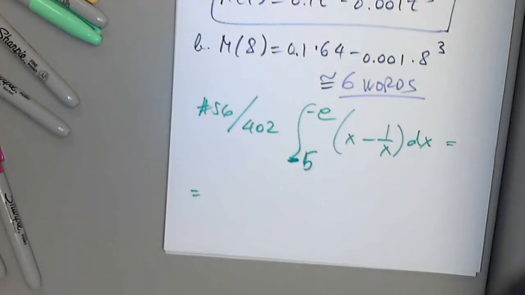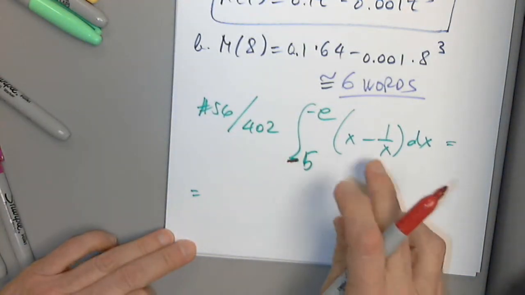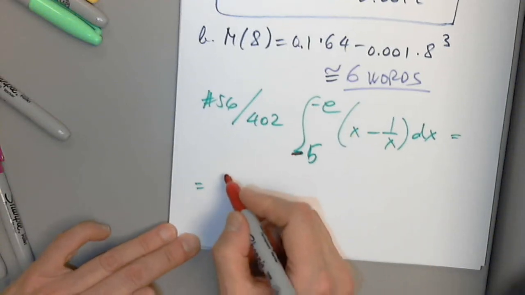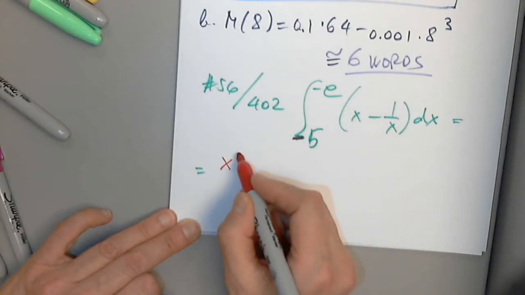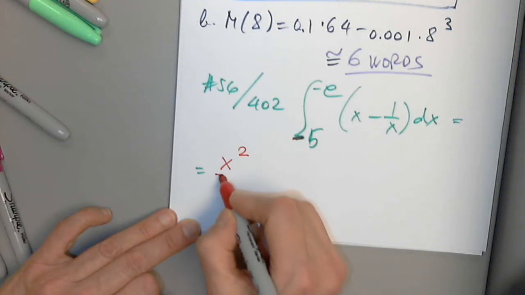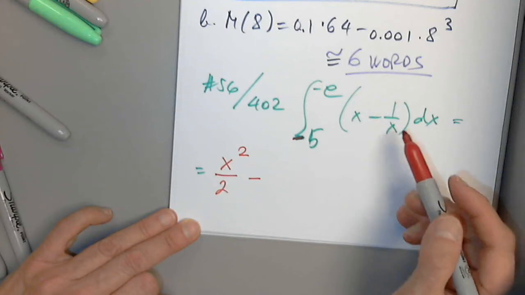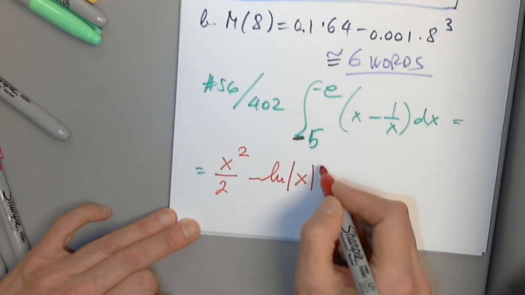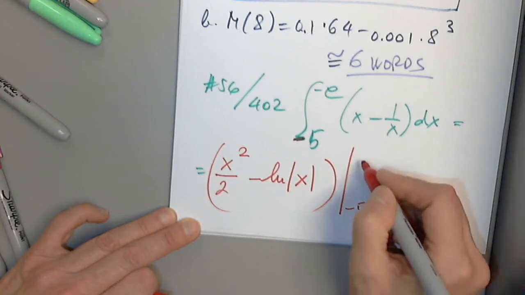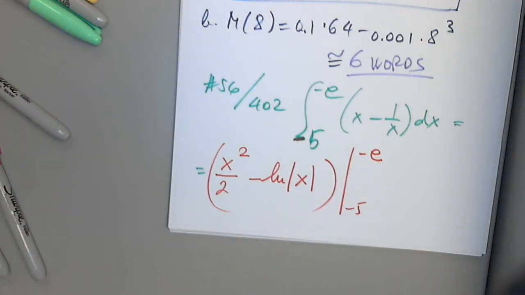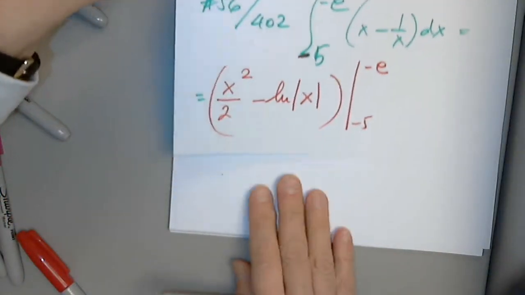Good. Which function prime is x? Good. Minus. Which function prime is 1 over x? Of the absolute value of x, from -5 to -e. We are using the fundamental theorem of calculus part 1 that shows us how to evaluate a definite integral. Perfect. So now